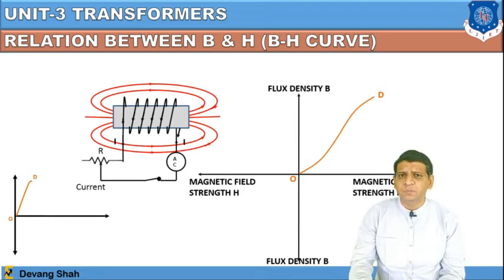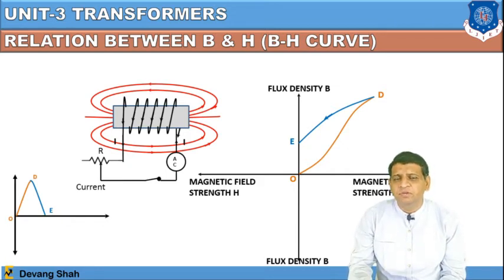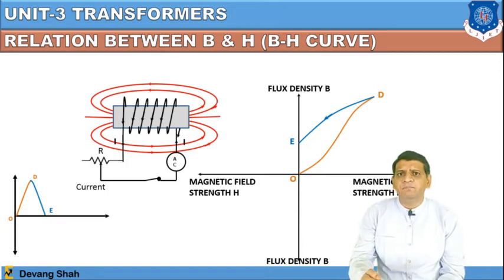So at this particular point, you can see here from D, the signal is coming down to level 0, where the AC signal becomes 0. So from AC signal becomes 0, you can straight away see the AC signal becomes 0, but the flux density is never going to be 0. There is still some residual flux available in this magnetic circuit, in this particular magnet, and that remaining flux is defined as a residual flux, from you can see from this line D to E, right?